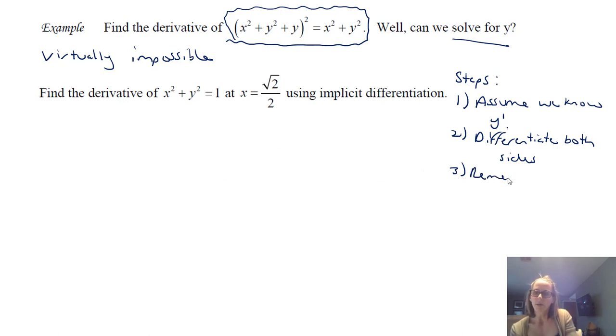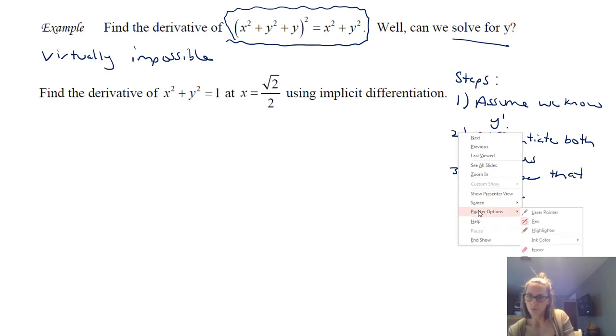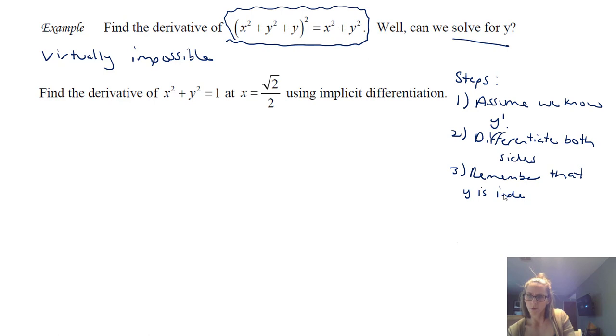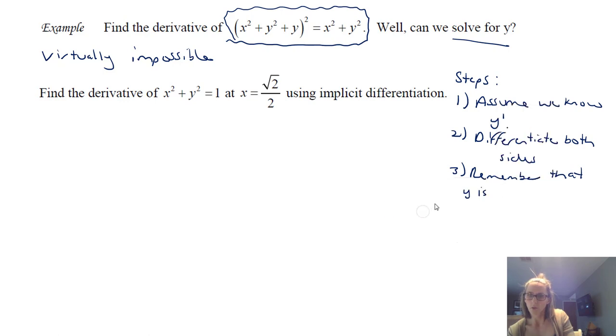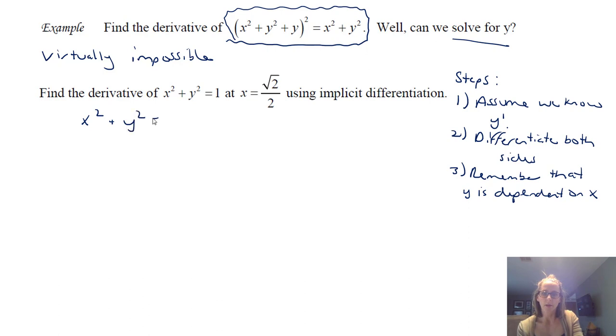And then really the key thing is to remember that y is dependent on x. And what we mean by that is that when we take the derivative of something that has y,